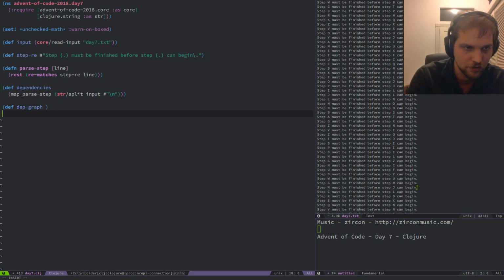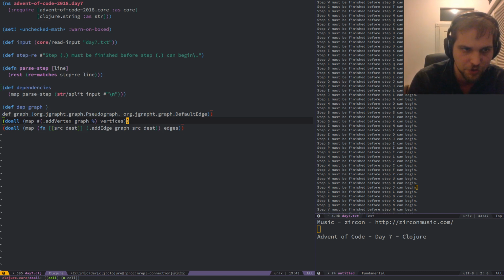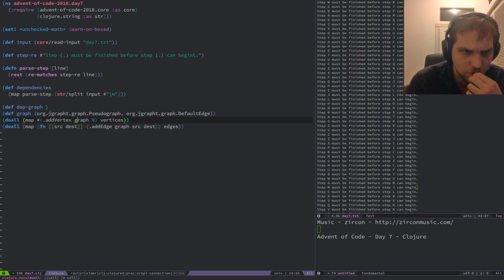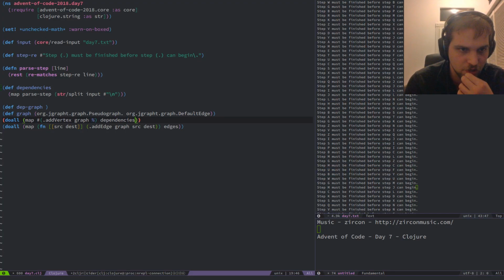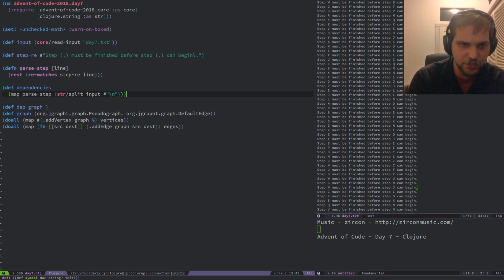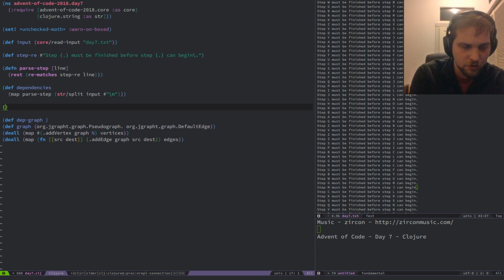Let's see. Not dependencies, vertices. So our vertices are going to be vertices as mapcat dependencies.